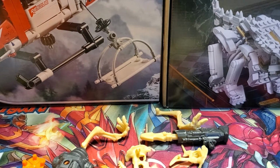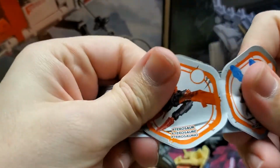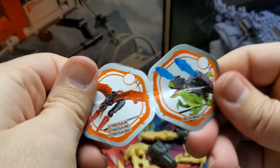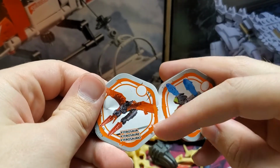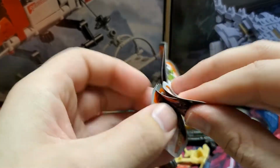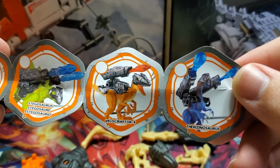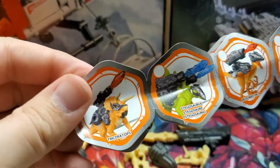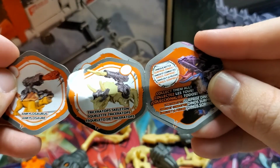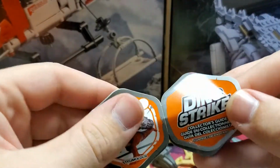And is this the instructions? Yes, it is. Alright, so now we've got all the bits out. Let's take a look at the instructions here. Oh, here we go. So these will be all the dinos we can get. There's a raptor, a pterosaur, velociraptor, excuse me. Velociraptor X, the rhinoceros, stegosaurus, triceratops, triceratops skeleton, ankylosaur,